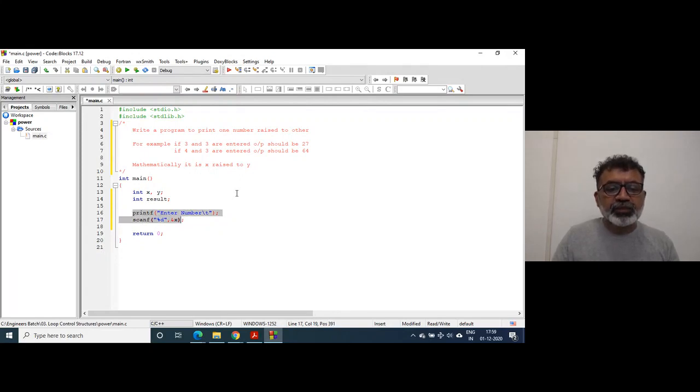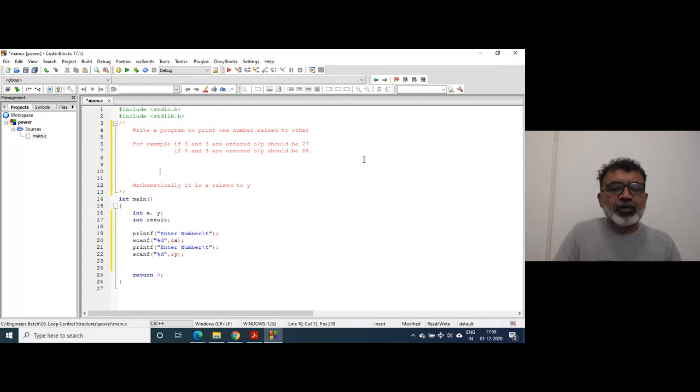I'll copy paste this, and that will be y. I will do a loop. So what is it given? 4 raised to 3 is 4 into 4 into 4. It is 3 times. So the same logic you have to apply.